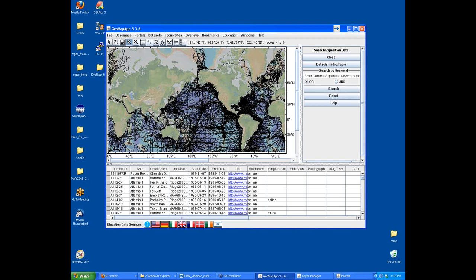So let's zoom on a particular area. Actually, before I do that, I should explain how the search functionality works. We have some Boolean operators here, an AND/OR operator, and we can choose data sets to search on using the area here. So let's, for example, look for